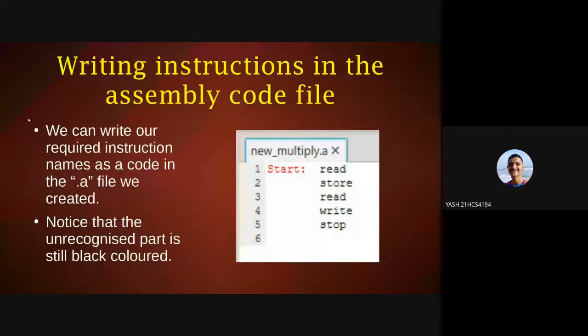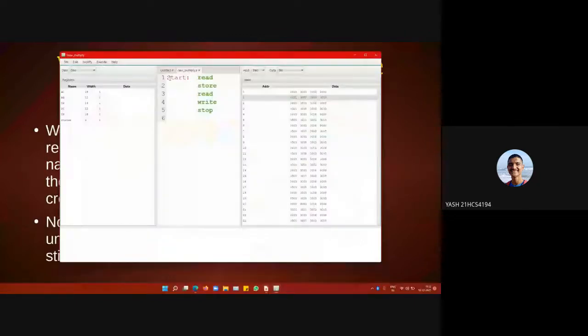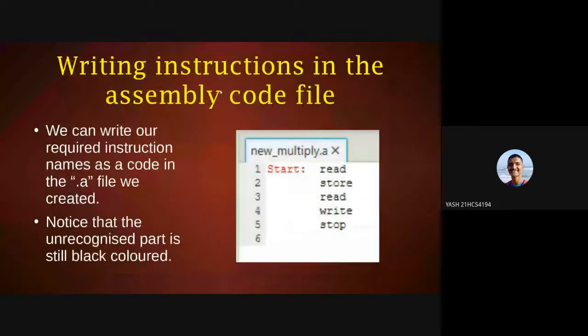Now here we can see that our commands are still not being read by the machine, so the color of the statements is still black. But since I have completed the program, later on the color will change to green. So this can be used to verify whether our code has been read by the machine or not.